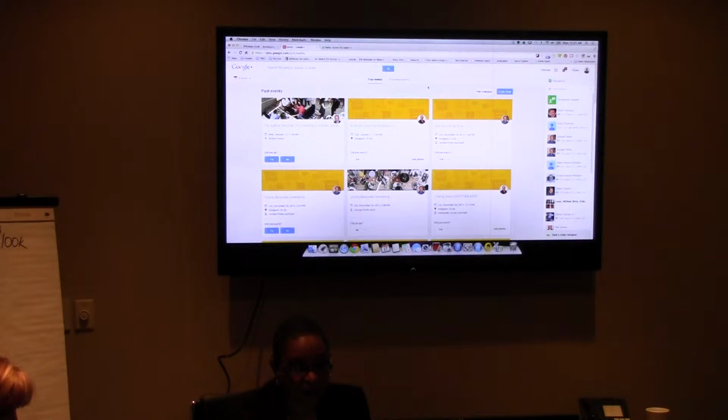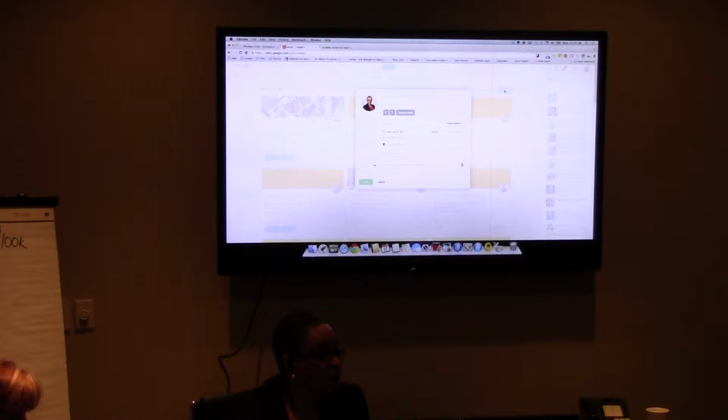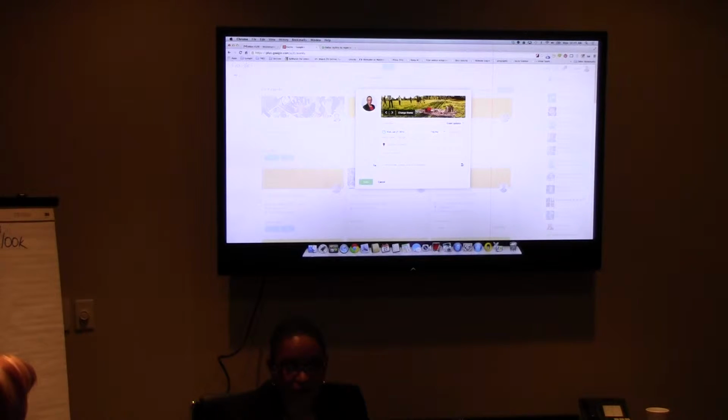Very unique way to set up events on here. When you set up events here, you can take the link and of course you can cross-reference it in other places. When you create an event here, of course it's going to put it out there on Google's search engines. They have very interesting GIF files as images because they move, like the headings move. And you can pull your own images in.